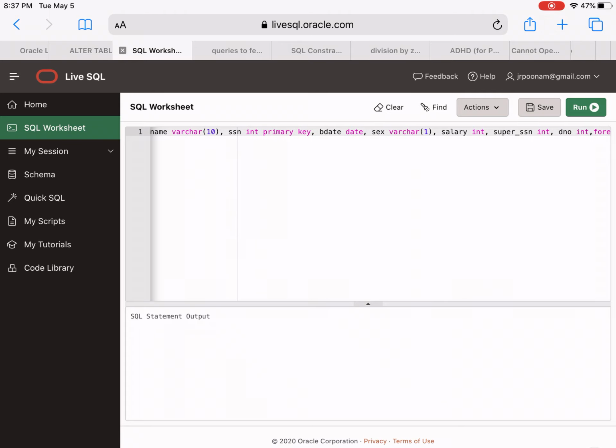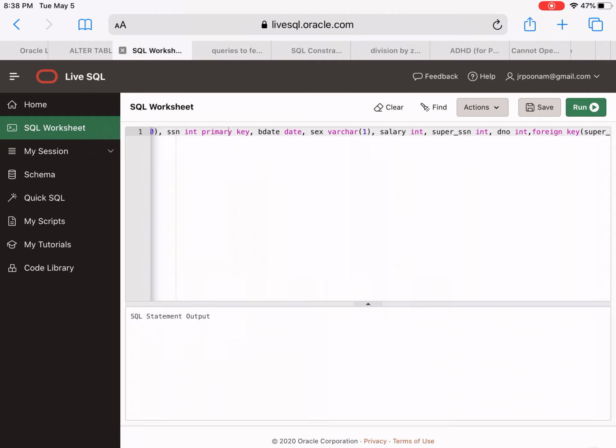I want to make it a primary key, so you can see that whatever is underlined has been discussed as primary key. I might write it directly in front of the column itself after the data type, or you might write it later, as I already discussed while I was discussing the create statement.